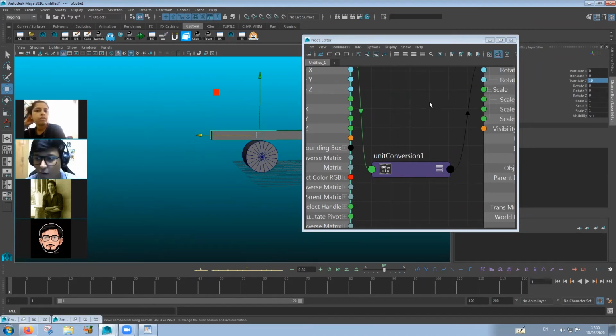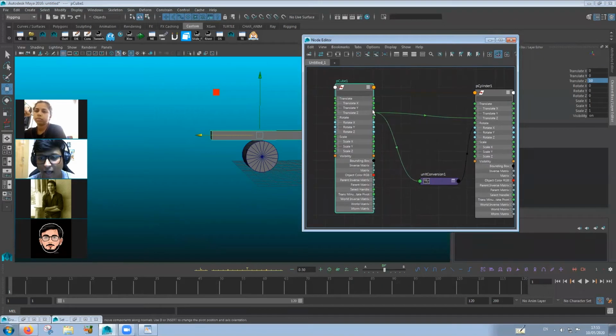Okay. So what is happening right now is PQ1 is sending signals. PQ1 is saying, okay, fine, I am moving translate Z 10, so you also turn 10 degrees. Okay. It is doing its job perfectly, but we don't want that. We want it to amplify the effect. All right. We want the translate Z to multiply by say 36 values, okay, into the cube.